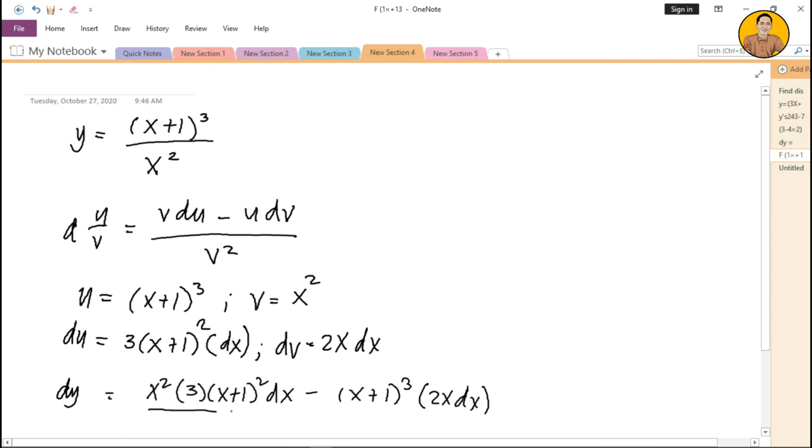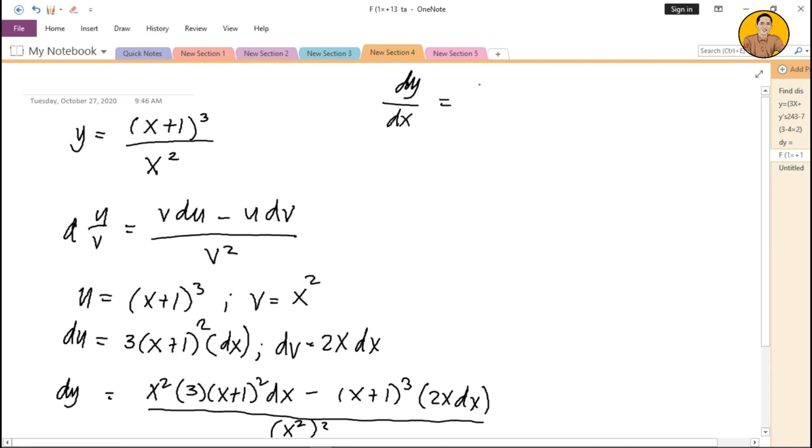All over, of course, the square of your denominator. That is, our v is x squared. Since that is v squared, we raise it to 2. Okay? So that is v squared, so x squared raised to 2. So let's simplify it, guys. Divide both sides by the differential of x. This yields y prime, so this is the derivative of y with respect to x equals